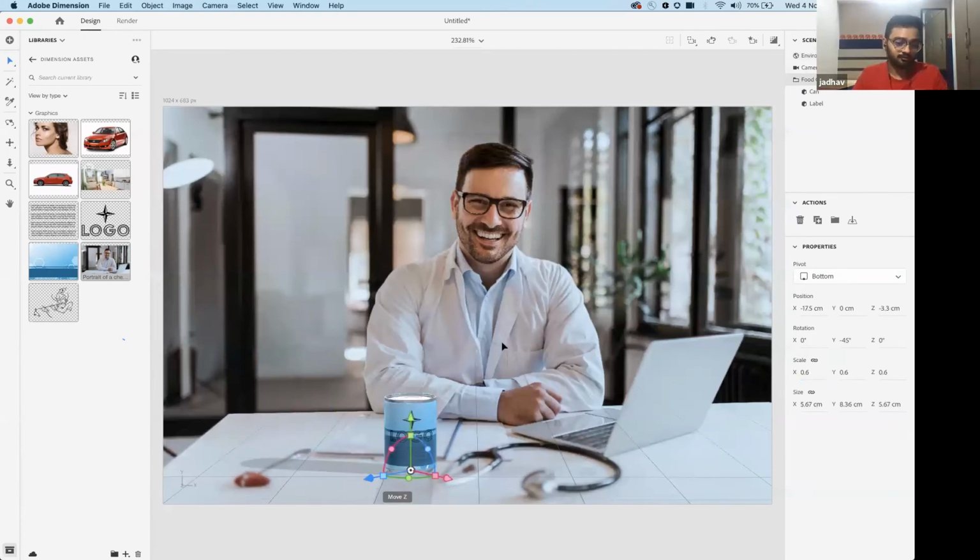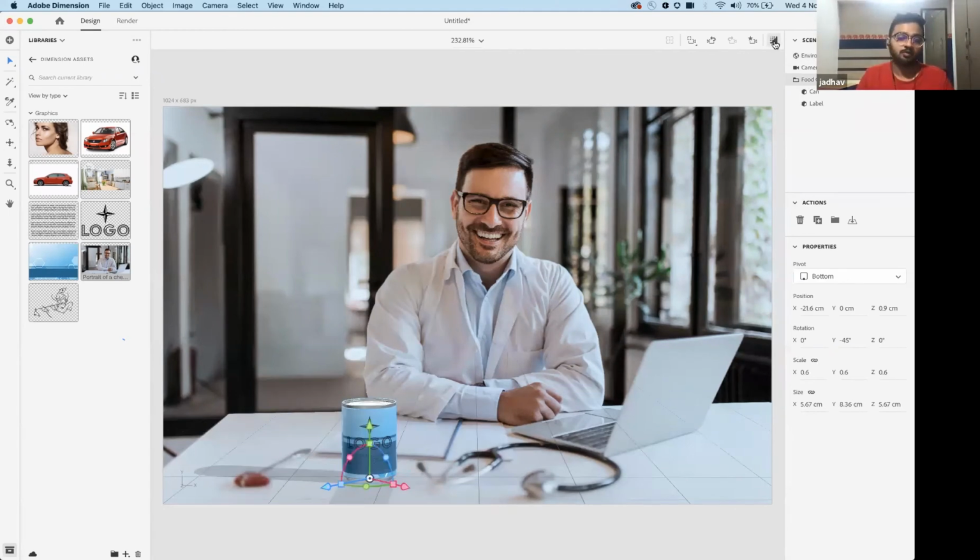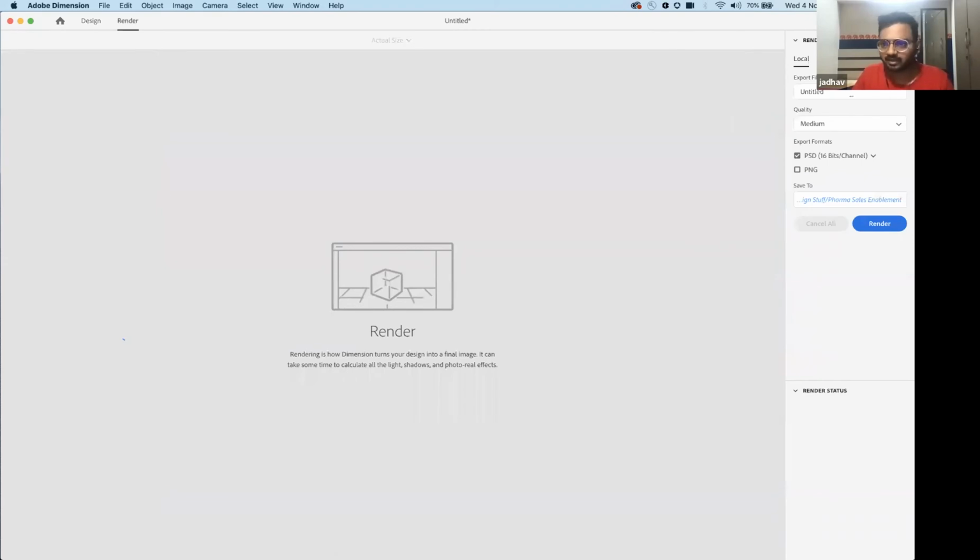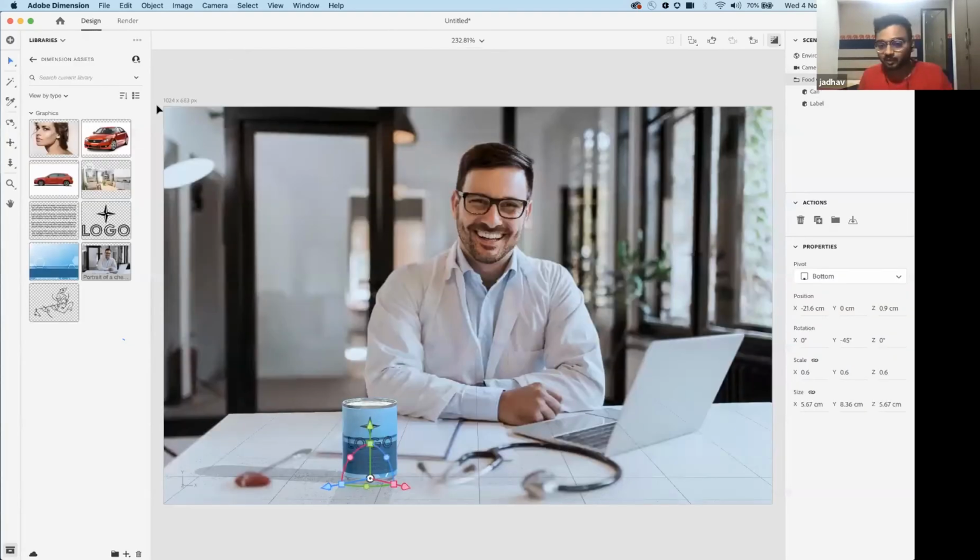Now this doesn't look photorealistic. You want to make it photorealistic? No problem. Click on this button, and now it will render out with soft shadows and reflections. So this is making you a very good photorealistic output. And you can also come to render with this particular button on the render tab, and you can render out a PSD or a JPEG with all the different layers intact. So this was Adobe Dimension, but I can still take it to a next step.